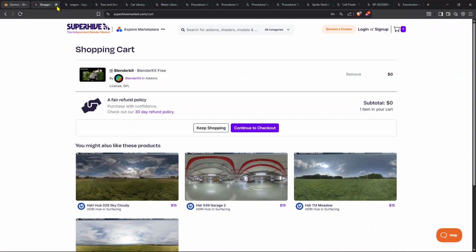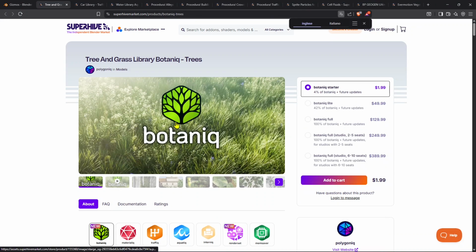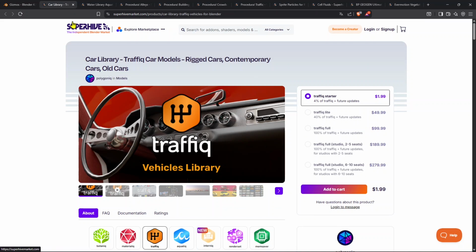And so I chose to show you Blenderkit and Engon. Same thing, you go to add to cart, etc. And some other suggestions, well, these are packages for Engon. You have Botanic, and then you have car libraries,